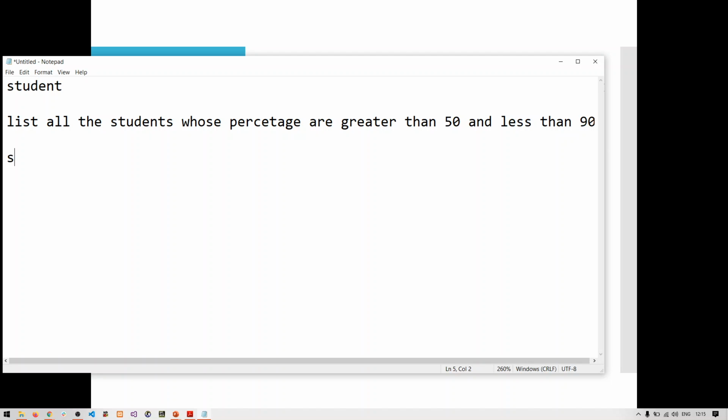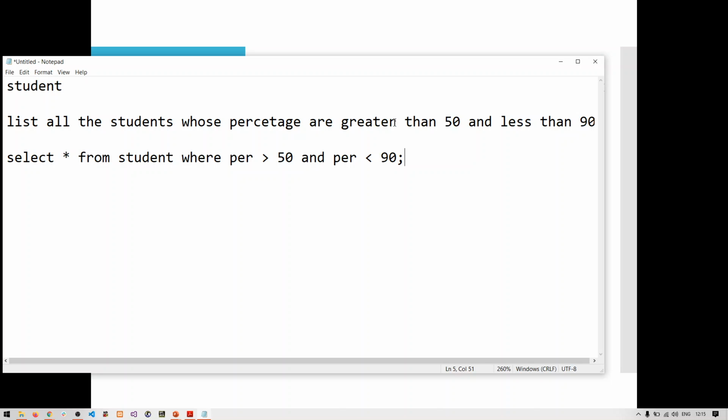We will write it like this: select star from student where, let us say percentage stands for PER, PER greater than 50, and then we will write AND, either capital or small, that is okay, and we will write PER less than 90. So this is what we are going to write.